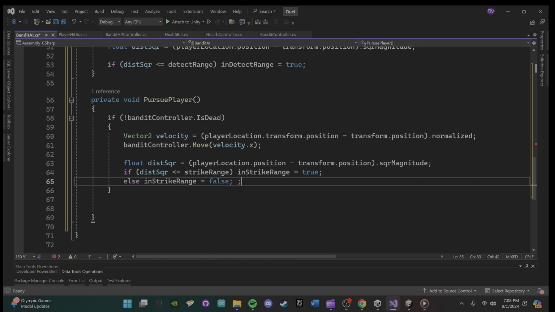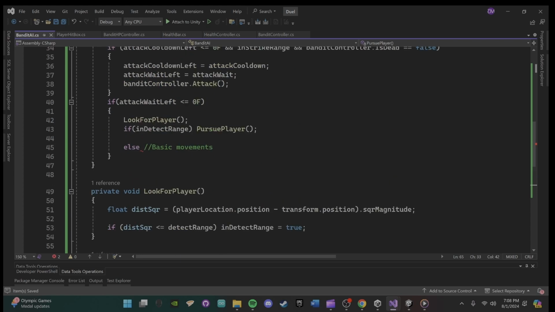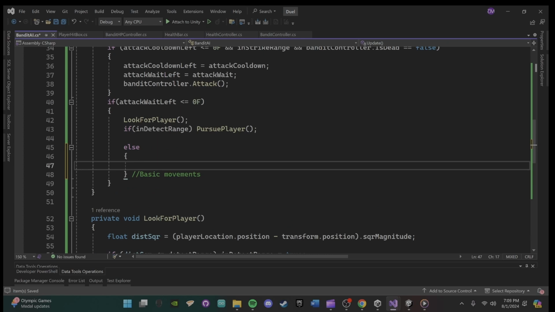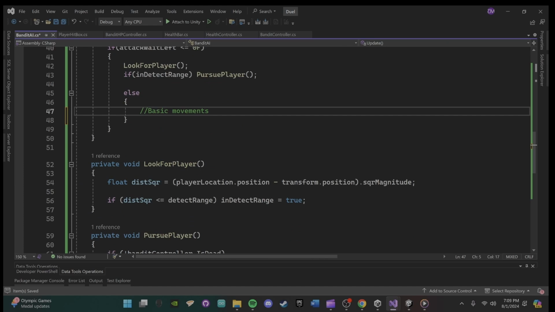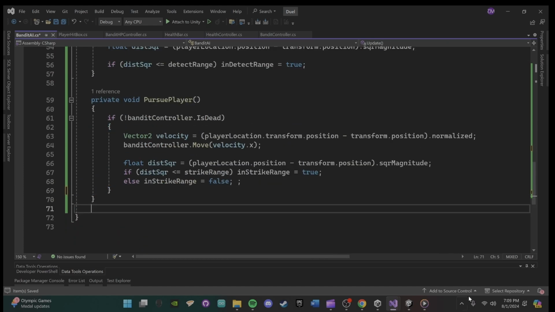It's false. Okay, so that basic movement. Great. So see what this does. Let's give it a rundown. Targets